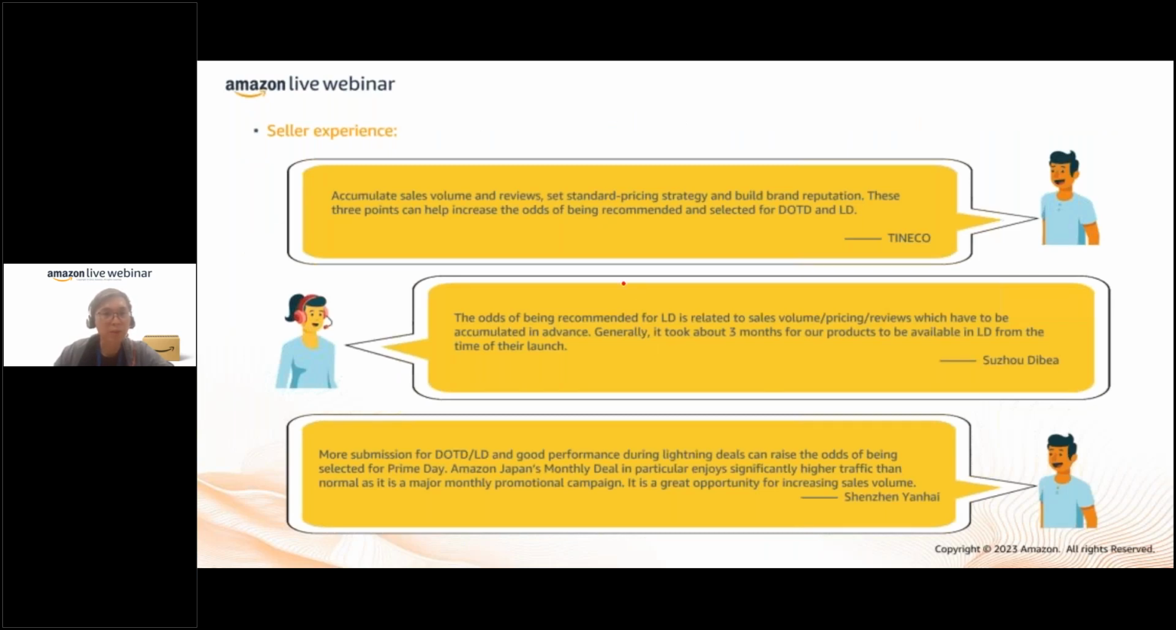All right. So from one of our sellers, they say, accumulate sales volume, review, set your standard pricing strategy, and build brand awareness, brand reputation. All right. These 3 points help this seller increase the odds of being recommended and selected for deal of the